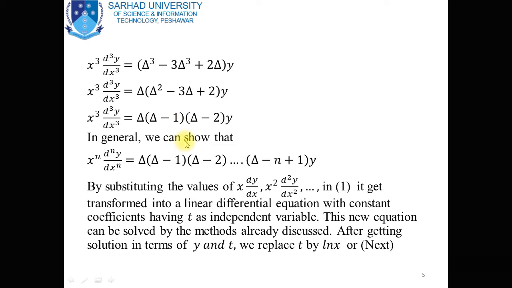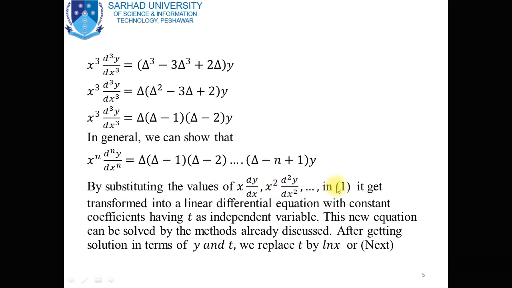In general we can show that x power n times the n-th derivative of y with respect to x is equal to del into del minus 1 into del minus 2 and so on up to del minus n plus 1 into y. By substituting the values of x dy by dx, the value of x square d square y divided by dx square, and the value of x cube d cube y divided by dx cube and so on in equation number 1, we get